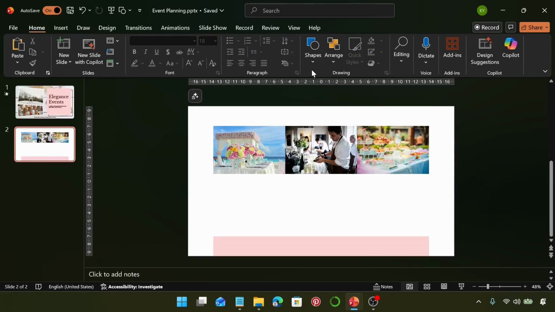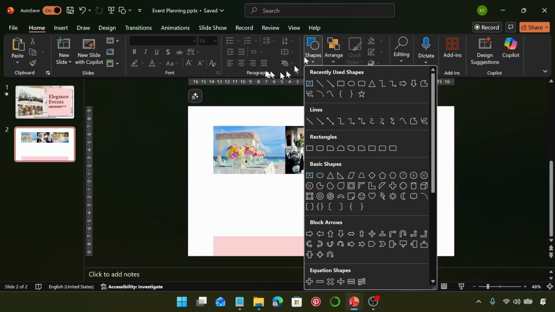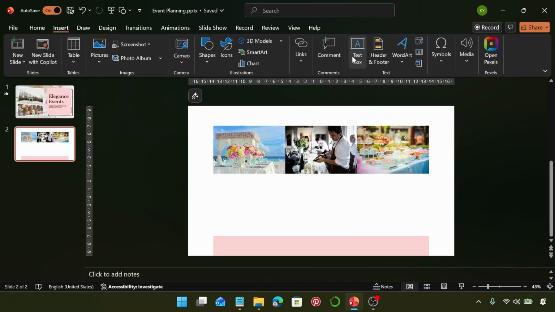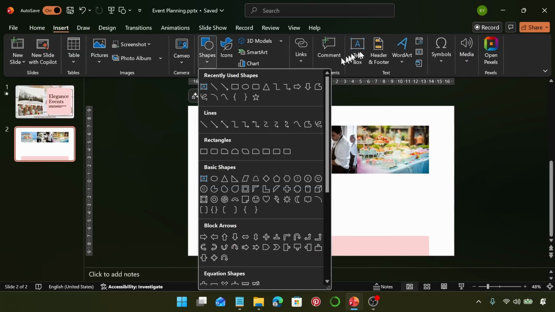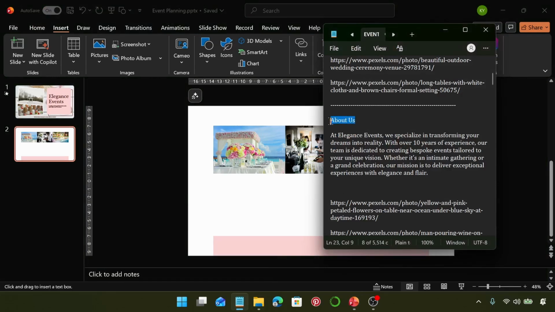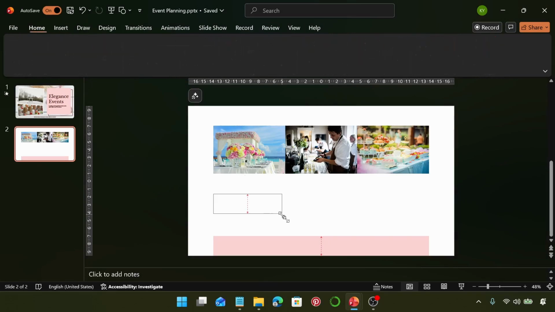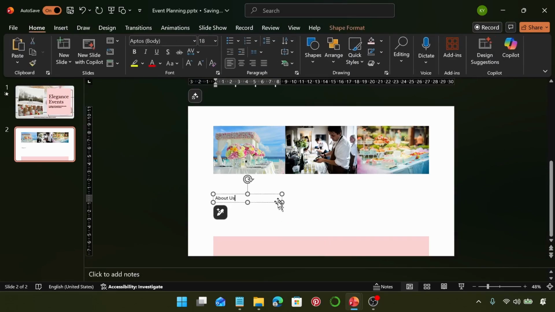Once again, I'm in the home tab, or you could go to insert. So if you go to shapes, you can click on text box here, or you could go over to the insert tab, select shapes. You're going to get the text. So I'm just going to select this one and I'm going to grab the title for this slide, which is the about us slide, and I'm just going to paste, select the entire text box, and we are